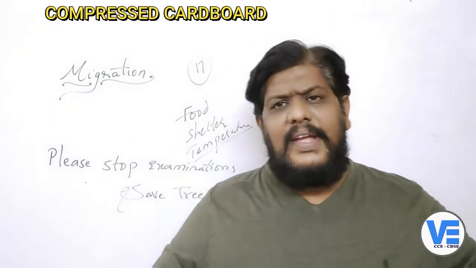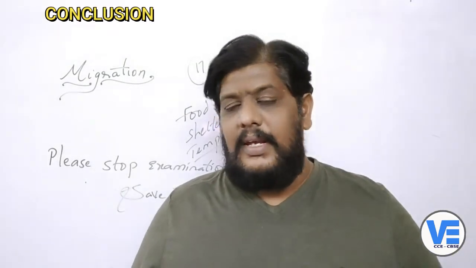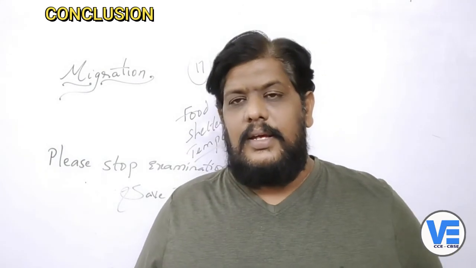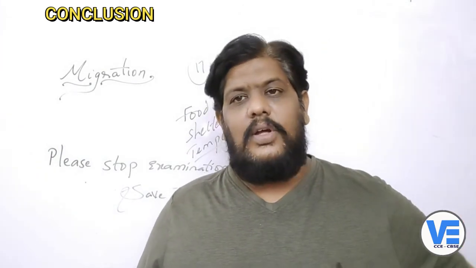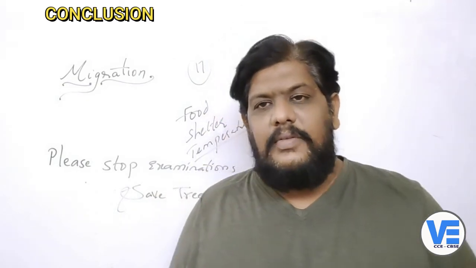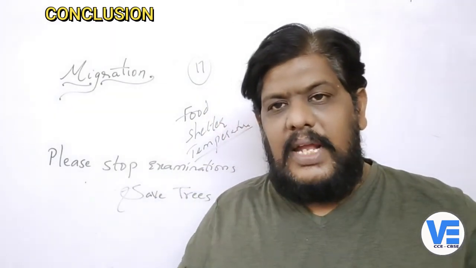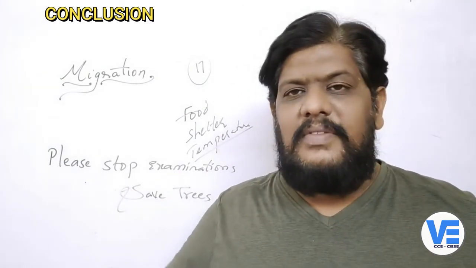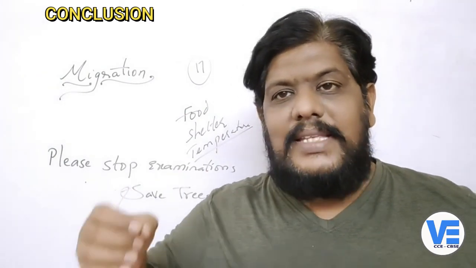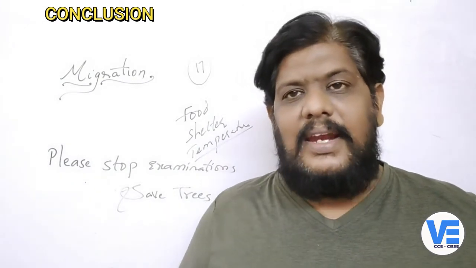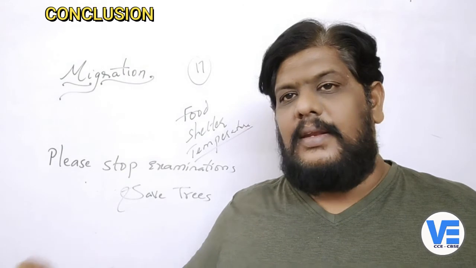So now what we can learn from this lesson is, each and every animal living on the earth, each and every plant living on the earth, whatever the biodiversity is around us, each and every organism has a right to live on this earth. As we feel that we have so many rights, right?